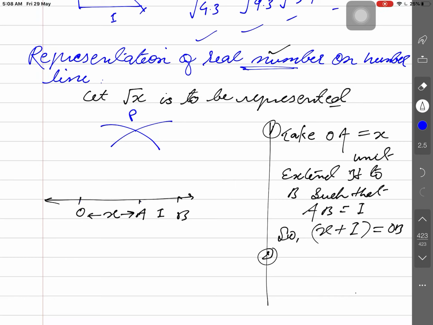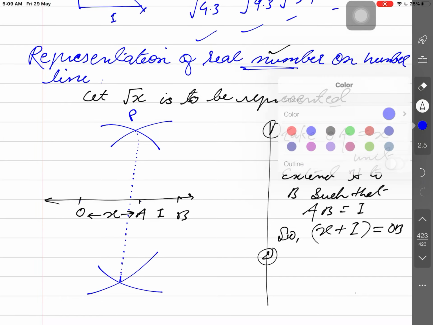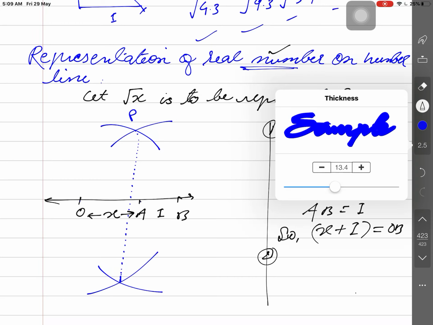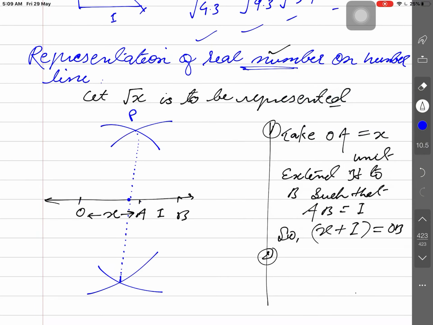Similarly, you will construct here with the rounder. First put the tip of the rounder at center B and then at O, and cut an arc. Is that clear? And join these two lines. Sorry, slightly bad, the line is coming slightly bent. Okay, so we have just obtained the middle point here. This is the middle point. Is that clear?